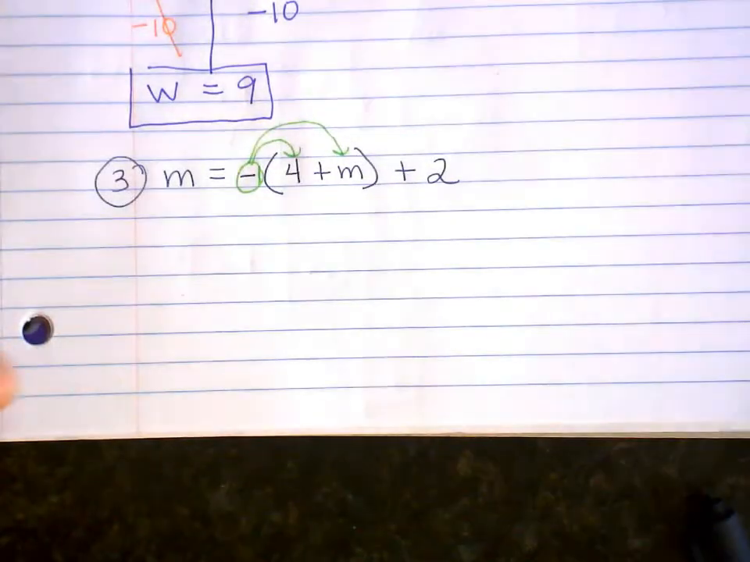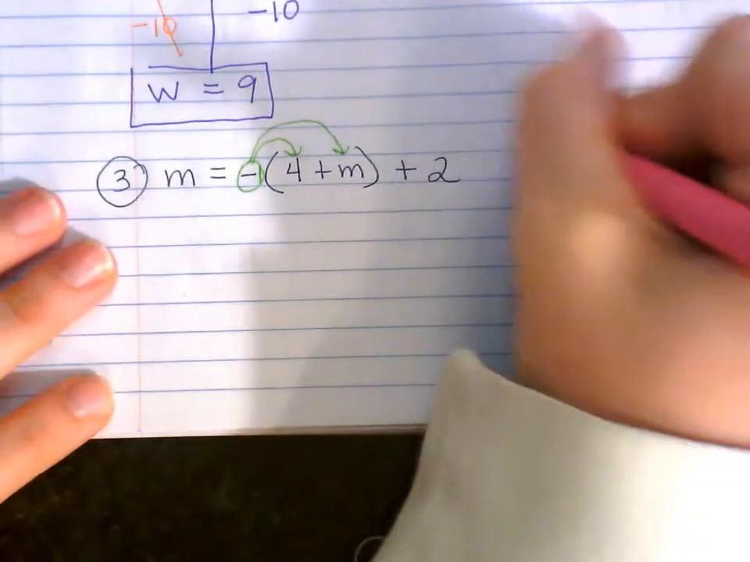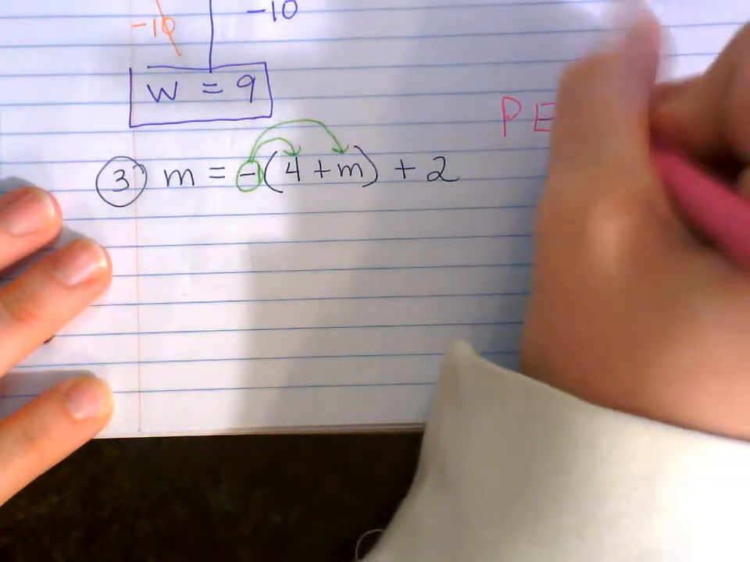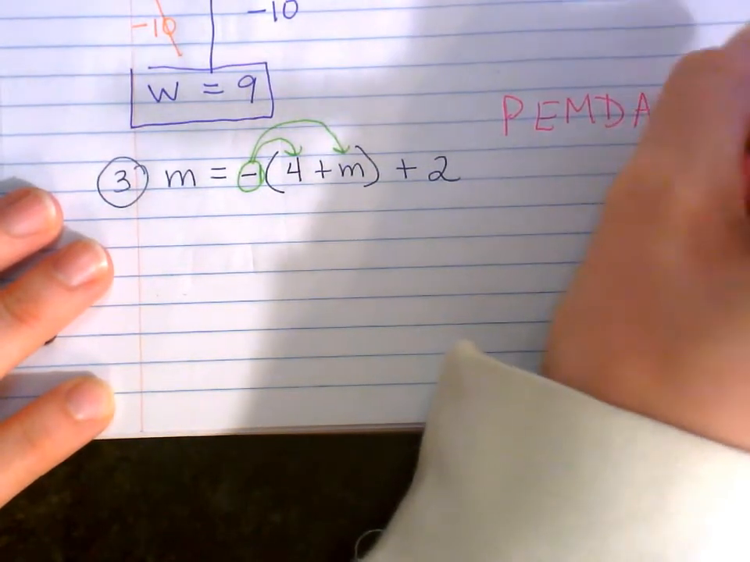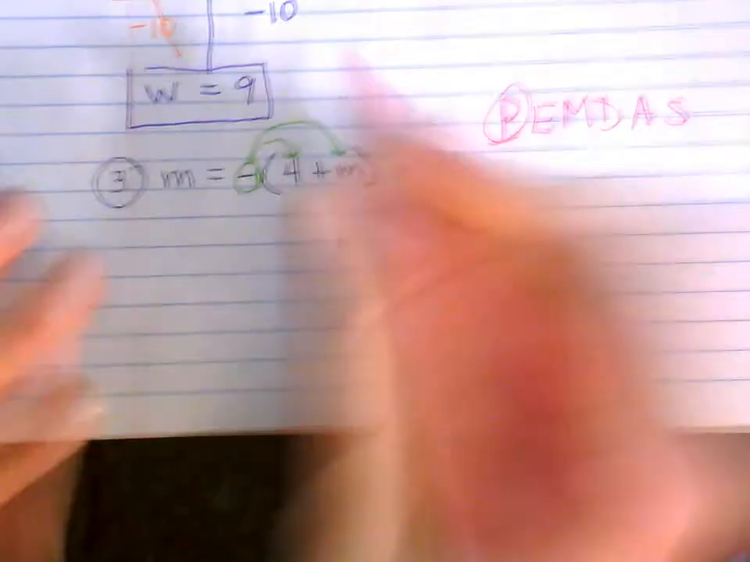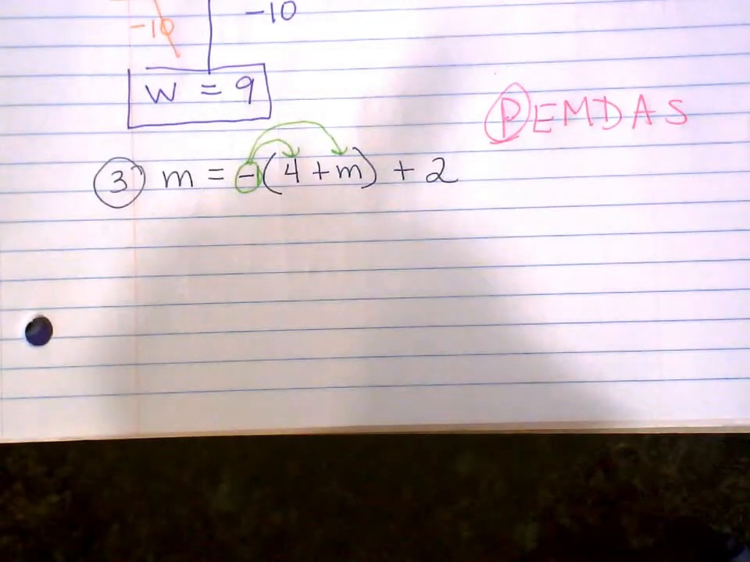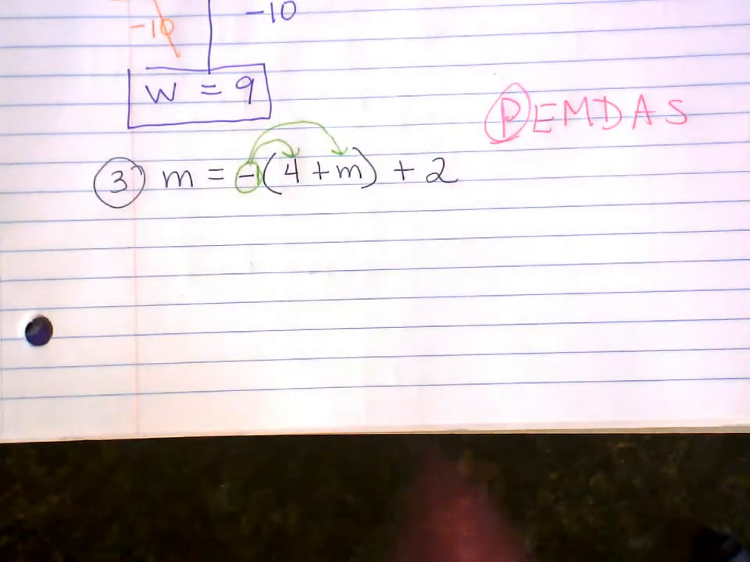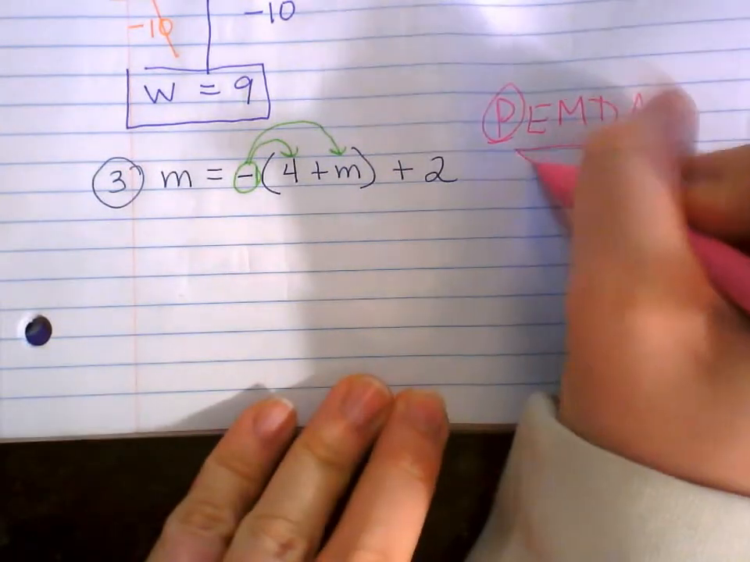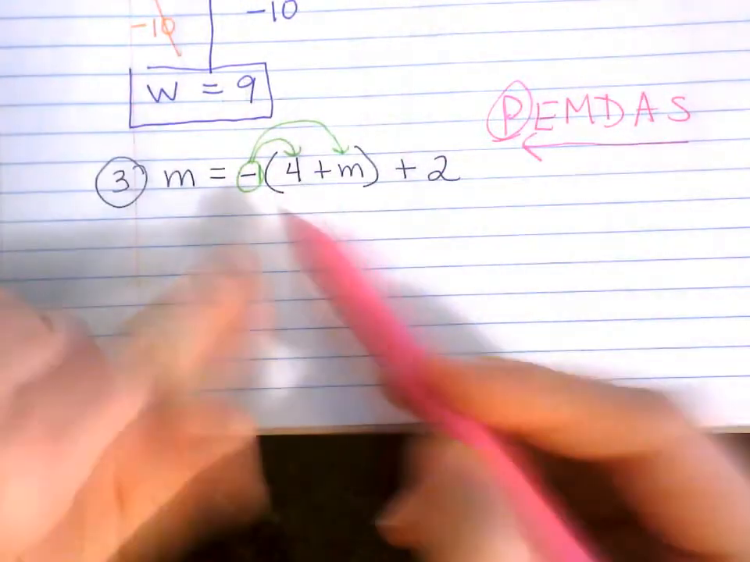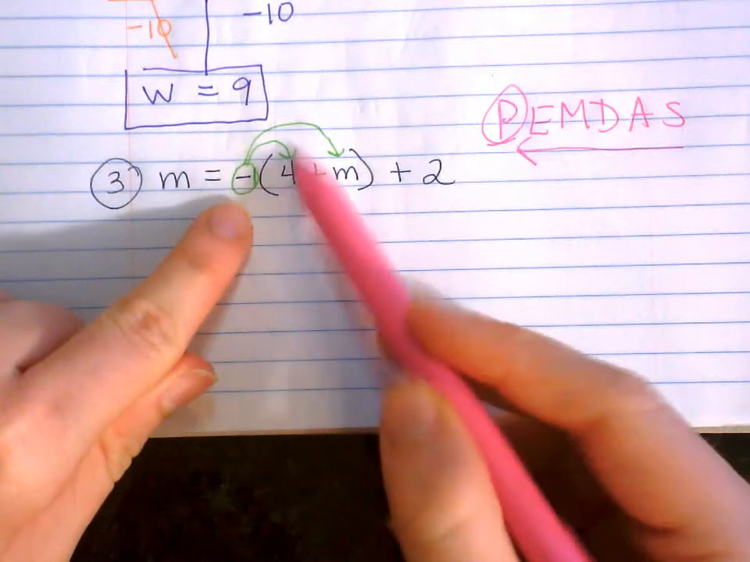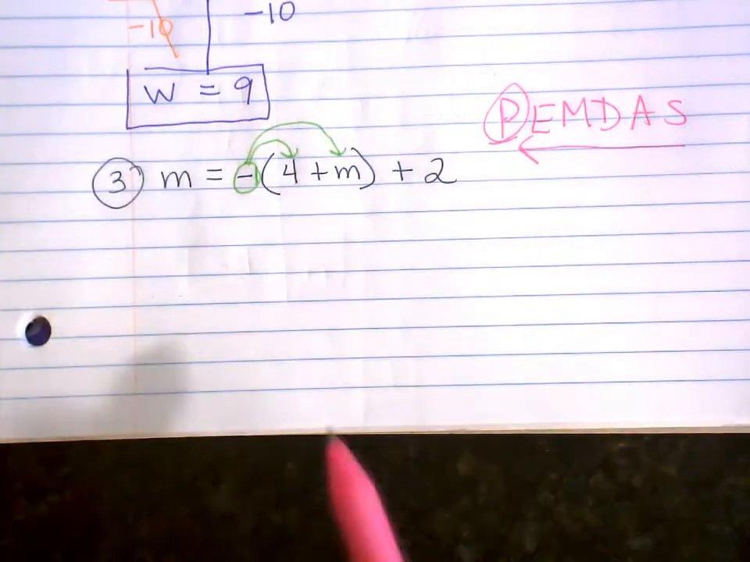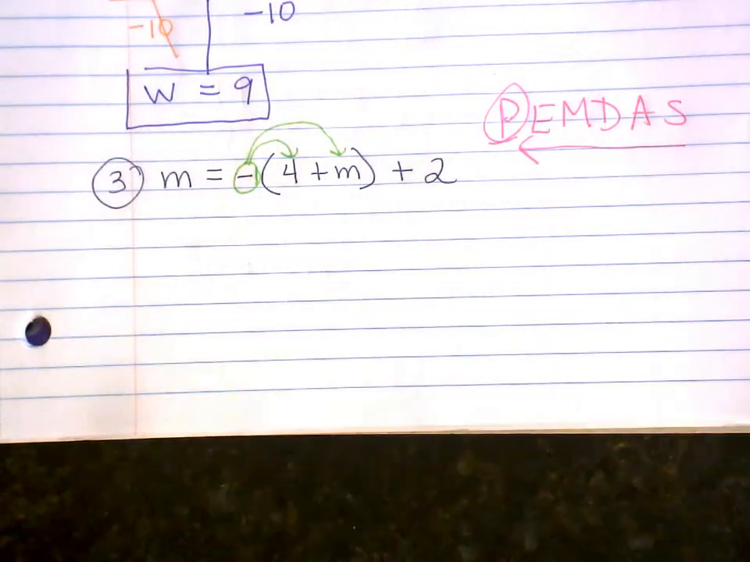Guys, PEMDAS. When it has variables on both sides, we have to take care of this grouping. We have to take care of the parentheses. I know when we're solving equations, you kind of go in the reverse order, but with variables on both sides, you have to do the distributive property first. Then you go in reverse order